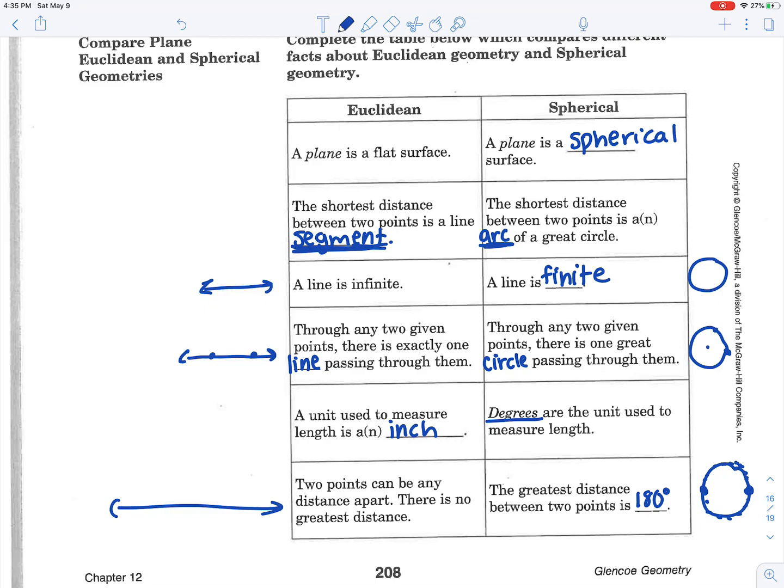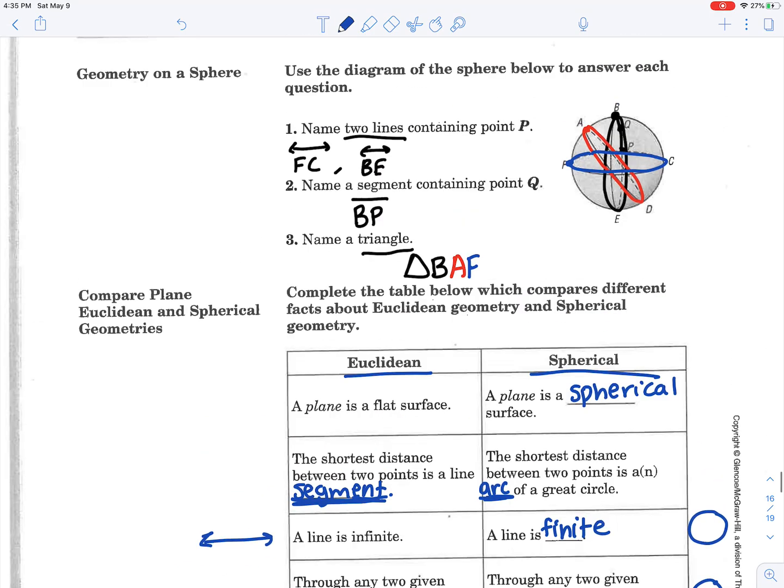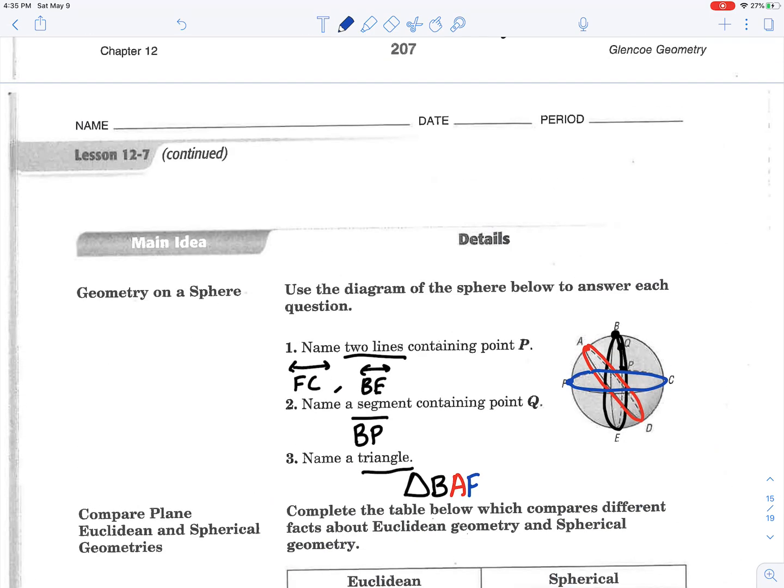So now you will work on the section 12.7 assignment, comparing the two geometries and trying to rewrite them just like we did here. We had everything written in Euclidean and it was rewritten in spherical, or you will be naming the parts like we did here. And we'll go over any questions you have either on Zoom, or feel free